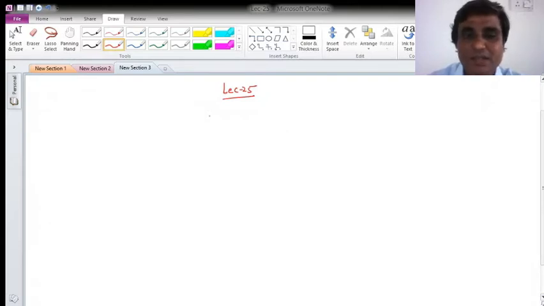So in the last class we have discussed how we can do the circuit analysis, or in short how we can find the voltages and currents in AC circuits. We have seen how the phasor approach can be used to compute the voltage or current when the excitation is sinusoidal. This phasor approach is applicable when we are interested in the steady state response. Next we will see the power calculations in the same AC circuits.